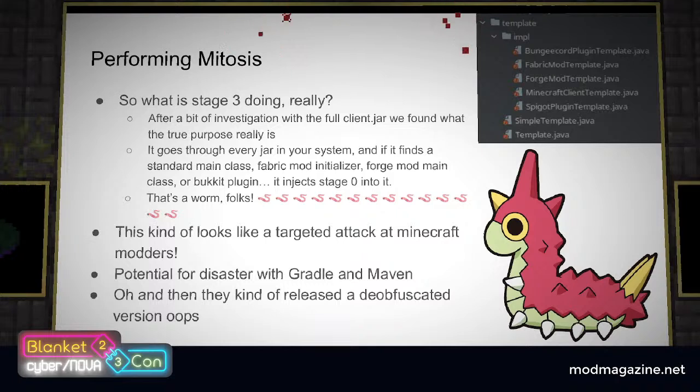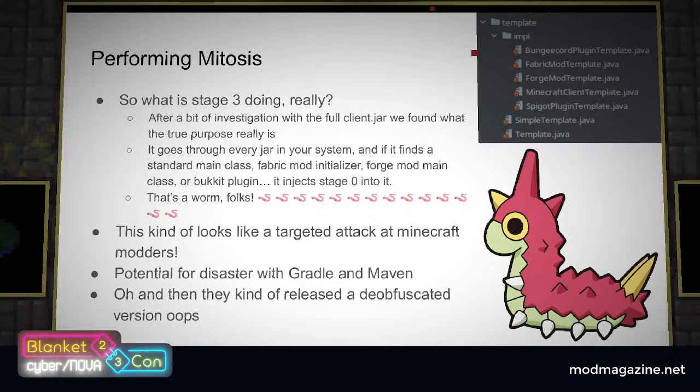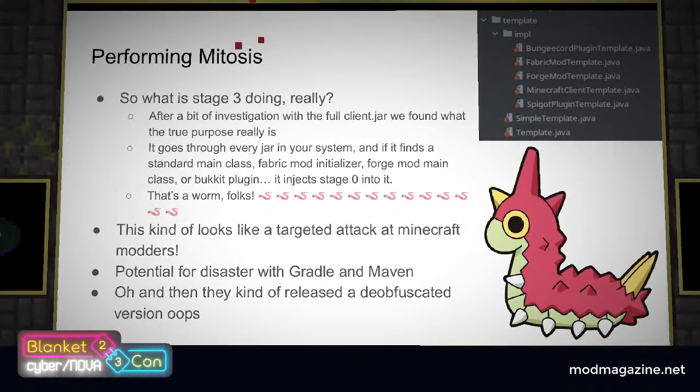If you were to have an active Stage 3 infection on your computer, potentially every mod you have installed in any Minecraft instance, including vanilla Minecraft that you have downloaded, could become infected with Stage 0. If those mods were to be transferred out of the system, shared with others as a mod pack, or uploaded to mod distribution platforms, it could then begin the infection process on whoever downloaded the files next. This means that fractureiser is indeed a worm and a virus, instead of a simple piece of malware.